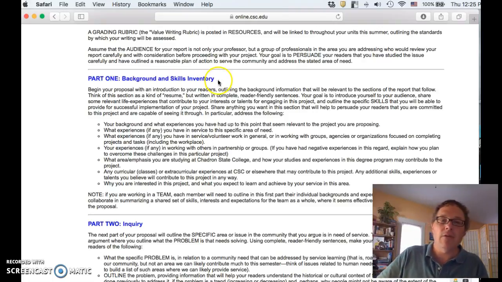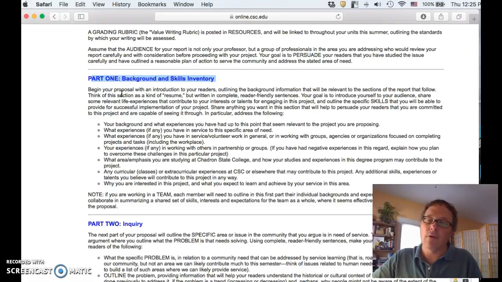First one is the background skills inventory, and like I said, this is important for me probably more than it would be in an actual report that would be submitted to a committee or whatever. But what I want you to do is outline in kind of a formal way your resume, basically, who you are and what your background is that can relate to the project that's going to follow